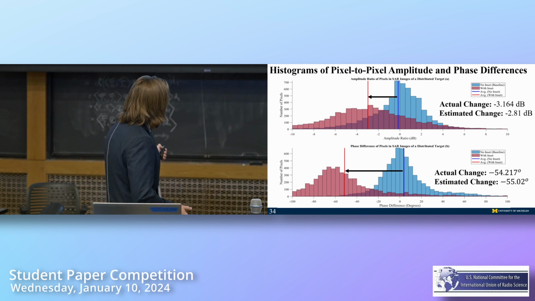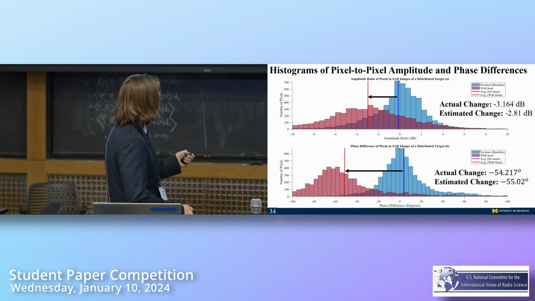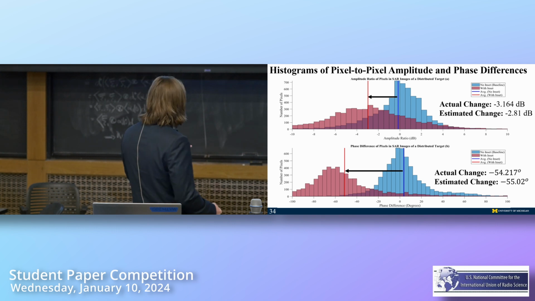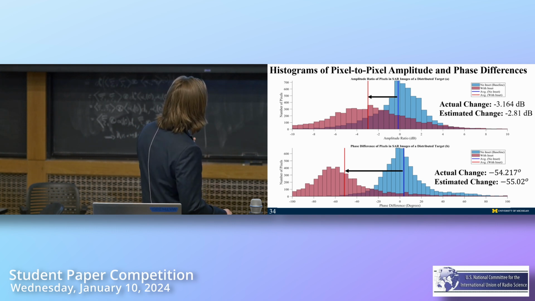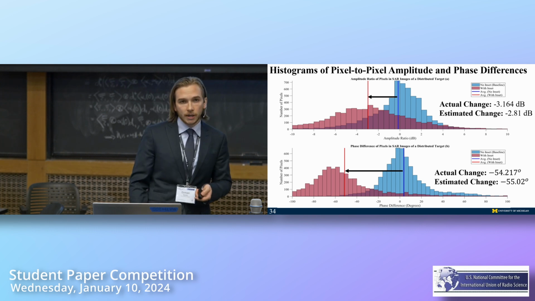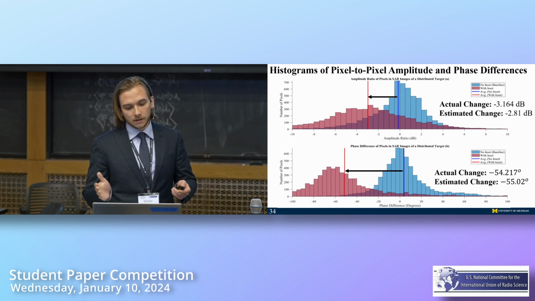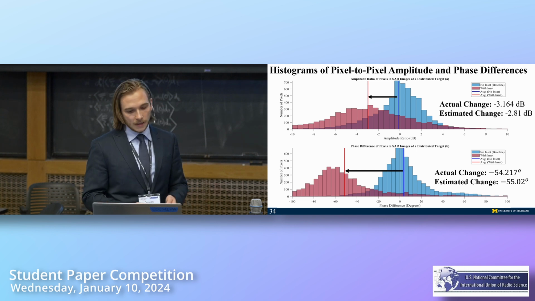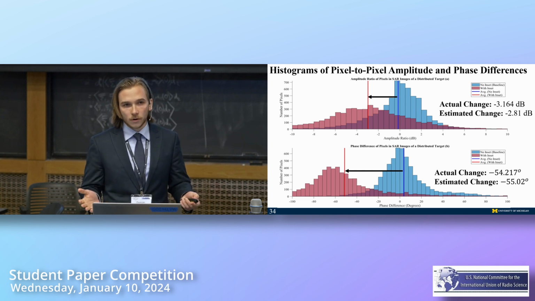And you can see that you have values all the way out to 100 degrees here. This is cut off. It goes all the way to 180 and in the other direction. But it's very concentrated about some centroid. And when we add the known change, the distribution shifts to the left, and that corresponds to a change in